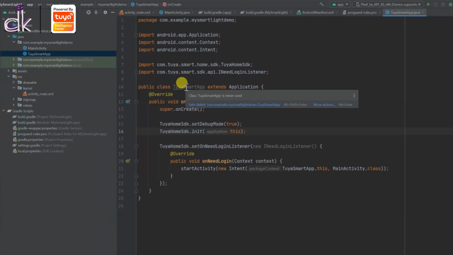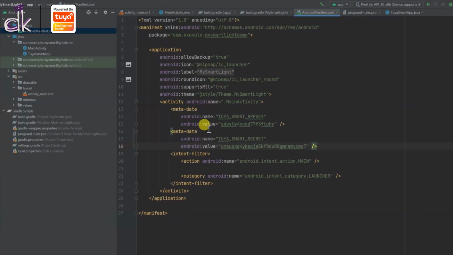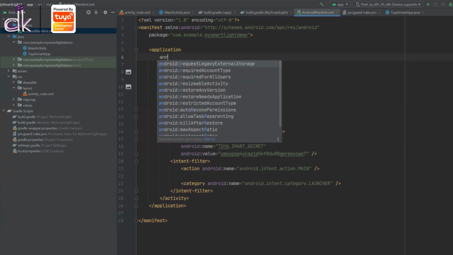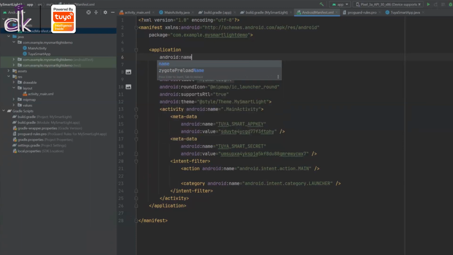Now you'll notice that this is actually grayed out, which says that the application is never used, and this is because you have actually not declared this application to run. So you'll need to go over to Android manifest and you need to add a label here, which is Android colon name, and give it as dot Tuya smart app.